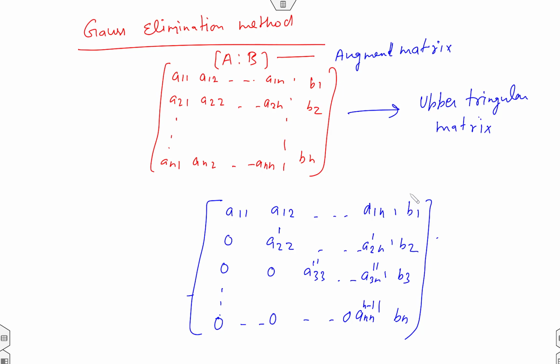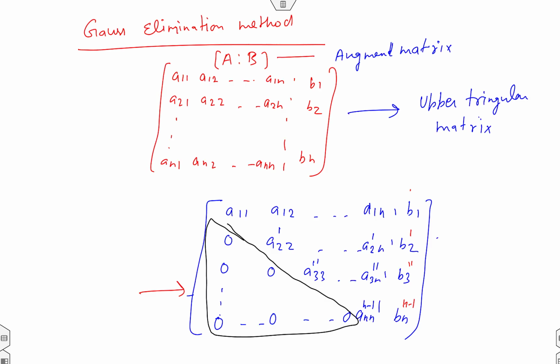Just keep in mind this is the vector b. So we get a change in b, and n minus 1 row operations are used. So our aim in the Gaussian elimination method is to convert the augmented matrix [A|b] into an upper triangular matrix. Upper triangular matrix means all the lower diagonal elements are 0. So how do we do that? For that, what is the very first step we will do?